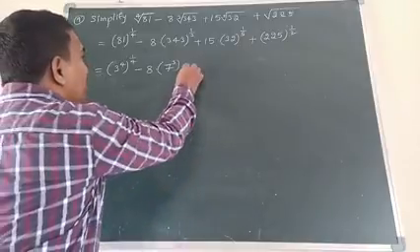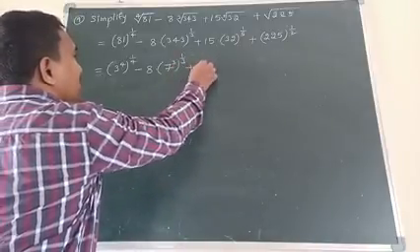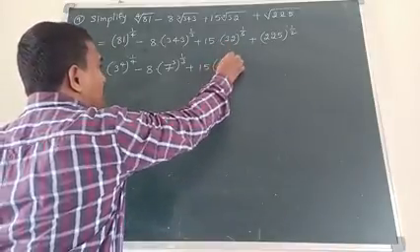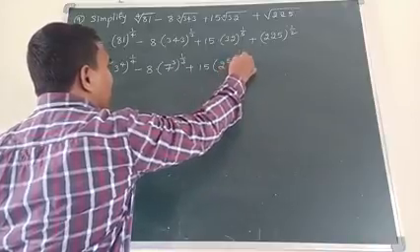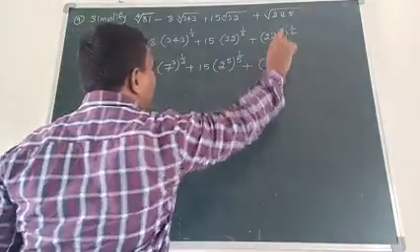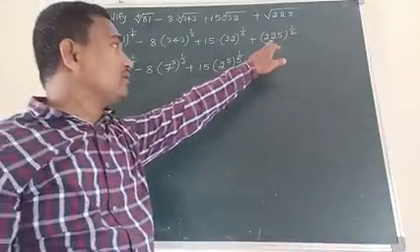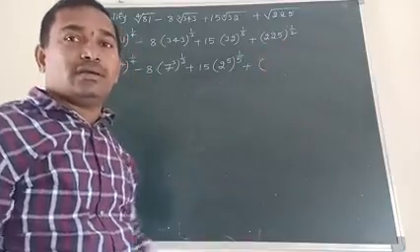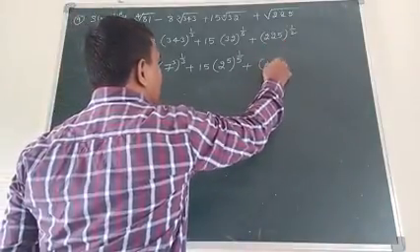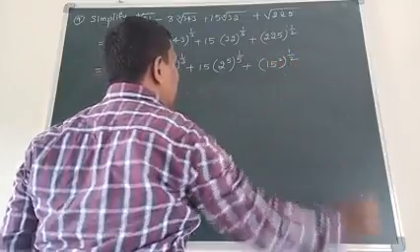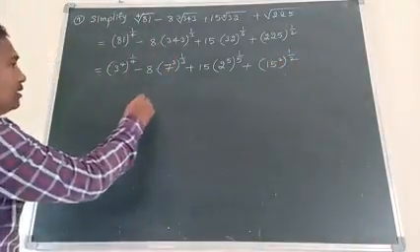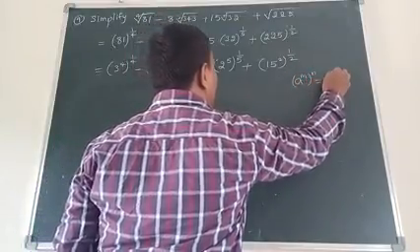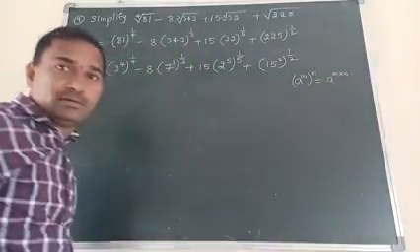Plus 15 into 32 whole to the power 1 by 5. Already we solved this in a previous problem: 2 power 5 whole to the power 1 by 5. Here whole power 1 by 2, so that is square root. This is a perfect square, 225. Which number squared is 225? 15. 15 whole to the power 1 by 2. Okay. Now using the exponential formula, a power m whole power n equals a power m into n.